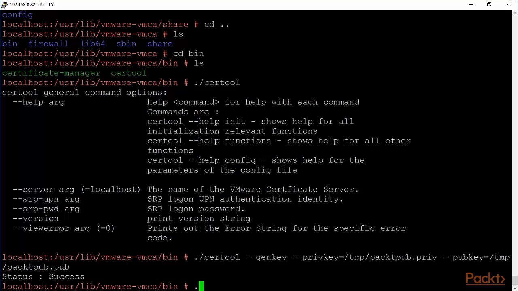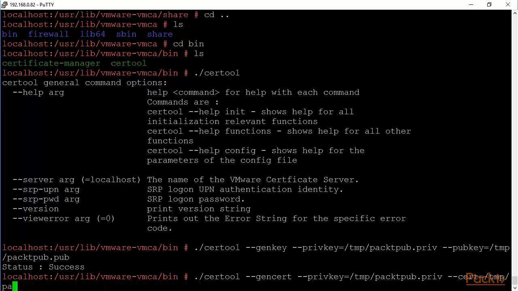Now we can say /certool, and we generate a certificate, --gencert --privkey equals /tmp, and the cert will be generated. --cert is equal to /tmp/packedpub.crt rather, and --name equals, we leave this like this, packedpub machine,